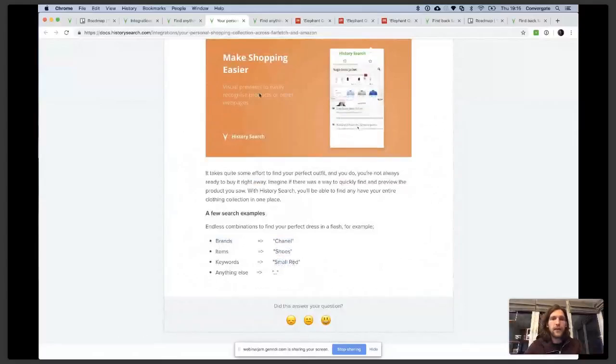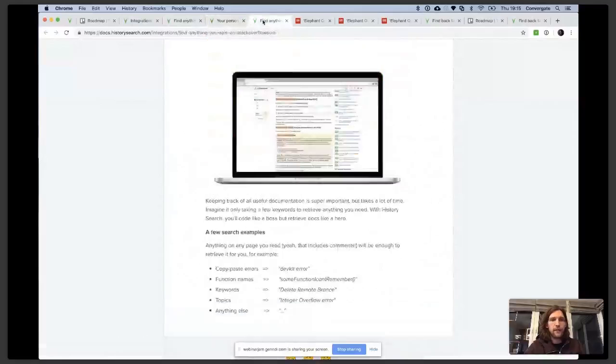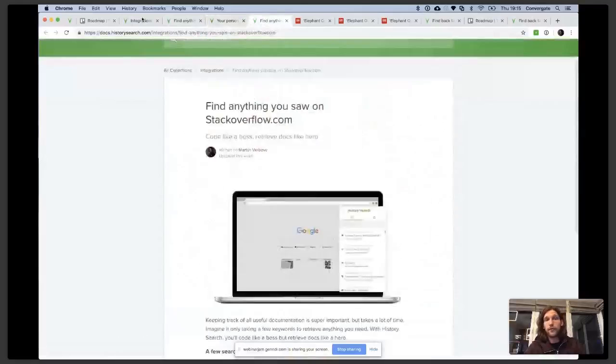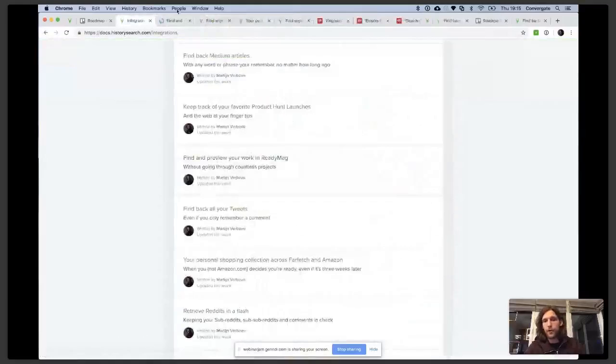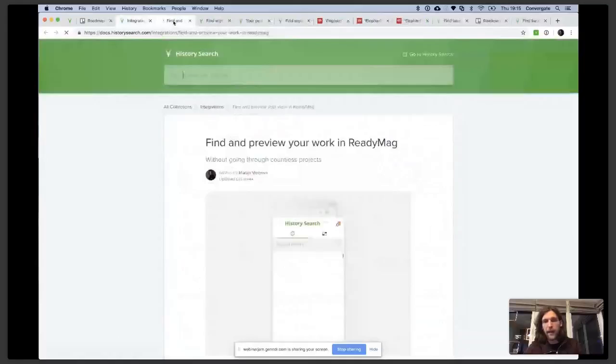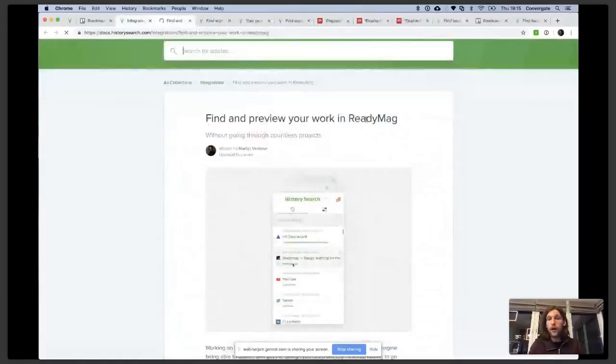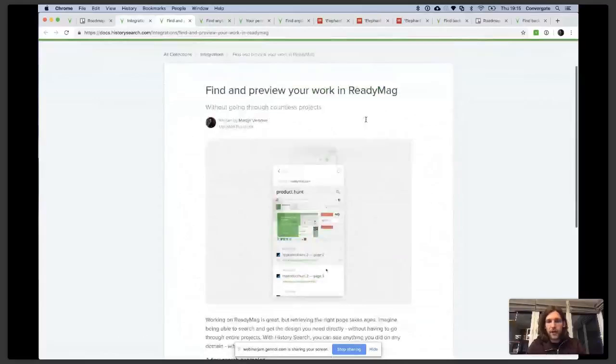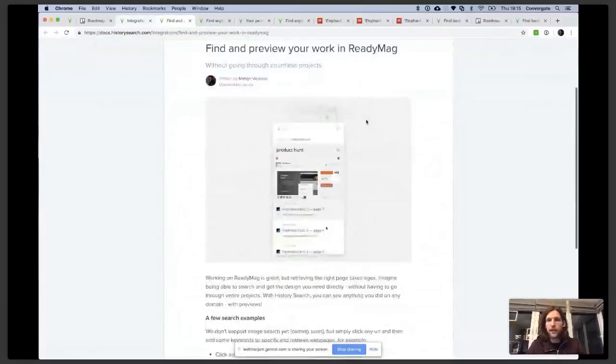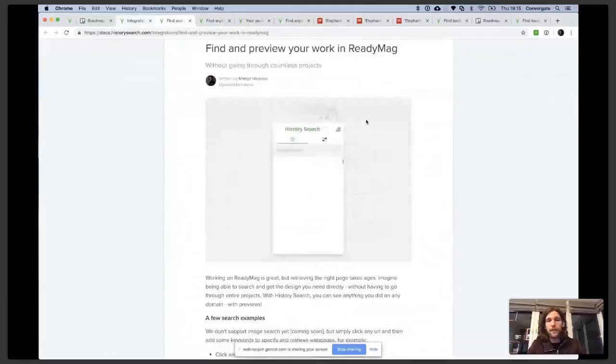Then here we have another example, which is very useful for designers or for people who work with a tool, for example, like ReadyMag or Figma or other online services, which you primarily use through the browser. One of the problems with ReadyMag is that you get so many links, and actually this counts for almost any other tool you use online, that it becomes really hard to organize. I mean, you have to create entire Excel sheets if you don't want to have to go through the entire